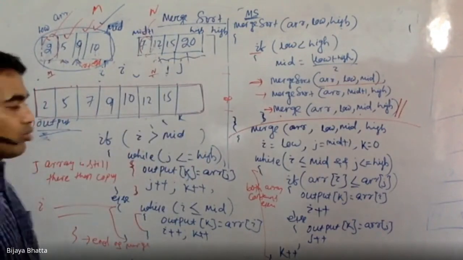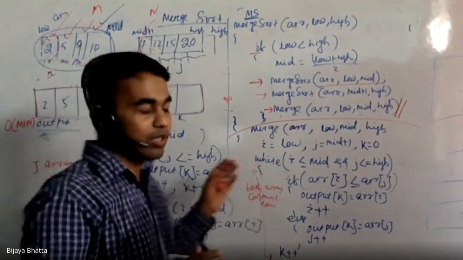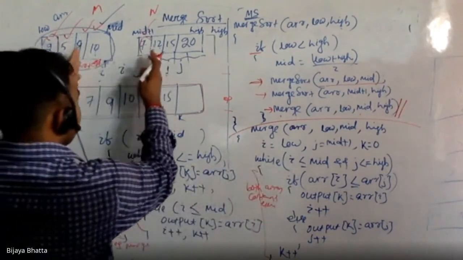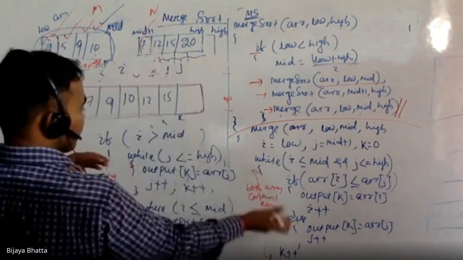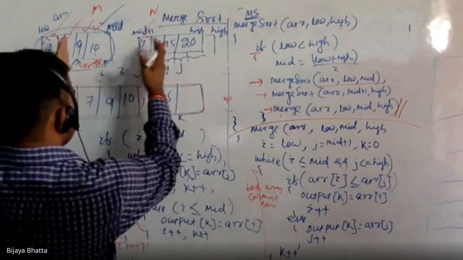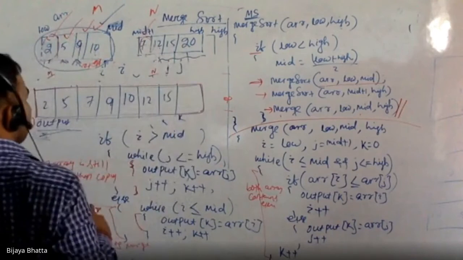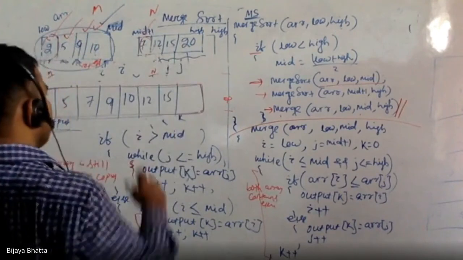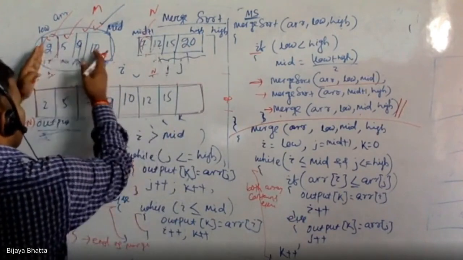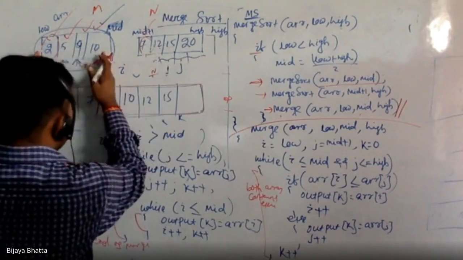Because if you see, there is only one loop, because you are moving the index parallelly. It is not a nested loop. That means in the worst case, it can be m plus n, because suppose all are smaller elements, so you traverse all the elements here and copy them one by one.